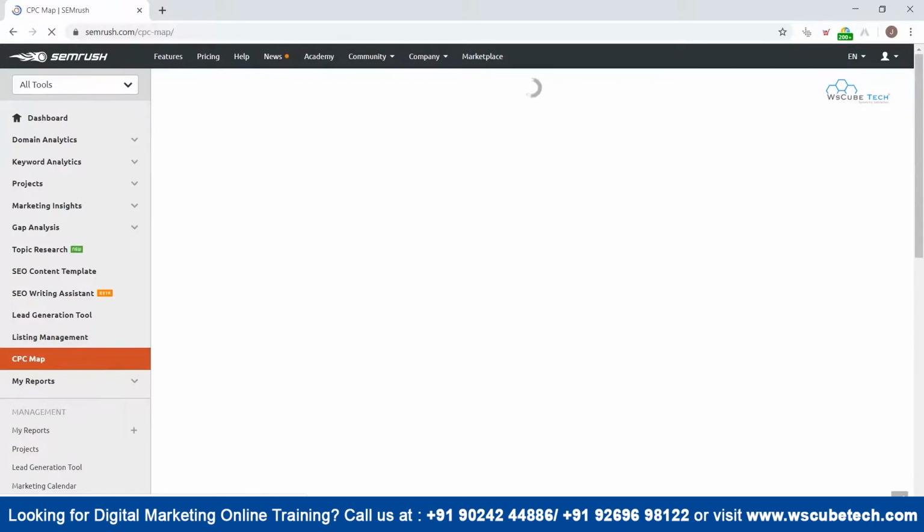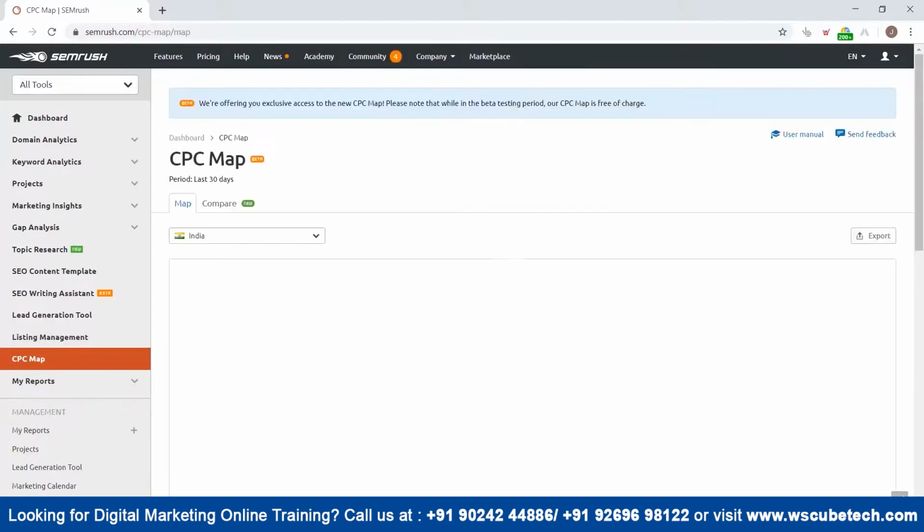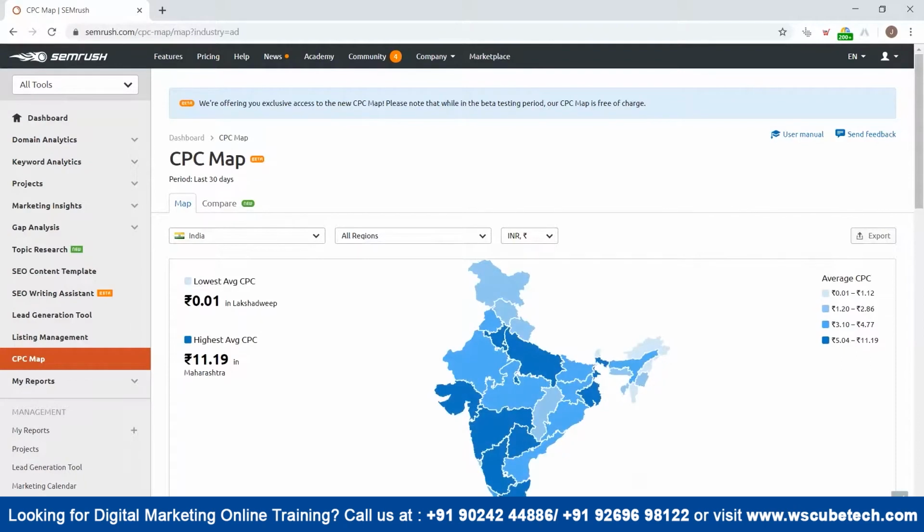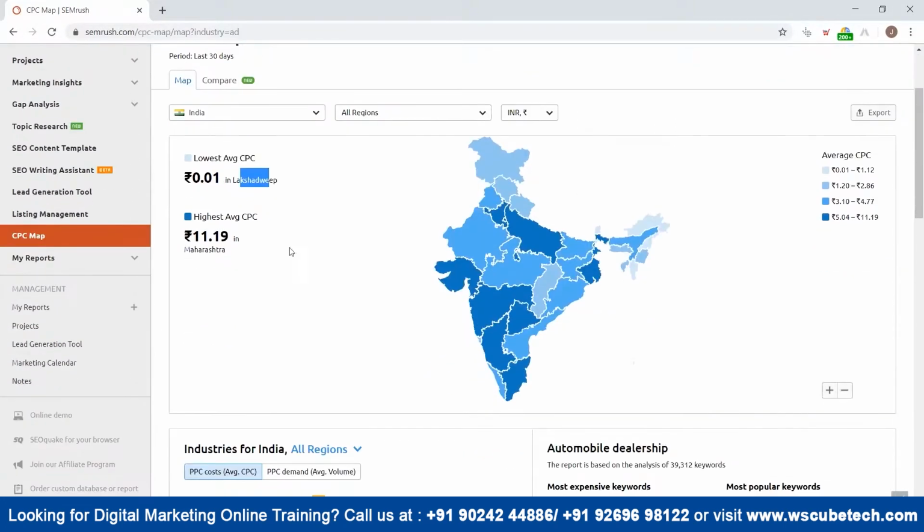Suppose you want to know the average cost per click region wise, for example the average cost per click in India. You can explore all these things using this particular tool. Here is the lowest average cost per click, and what I have selected is India. When we talk about India, regions are limited to states. In all the states, the lowest cost per click is in Lakshadweep, that is 0.01, and the highest average cost per click